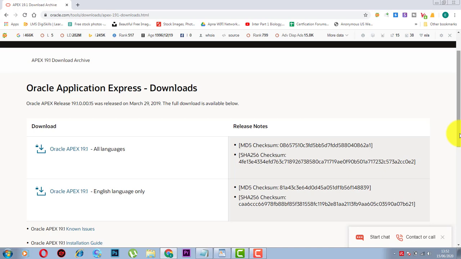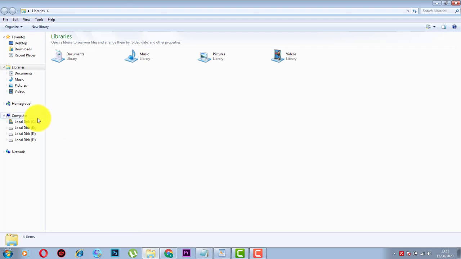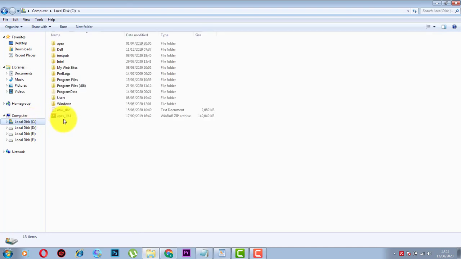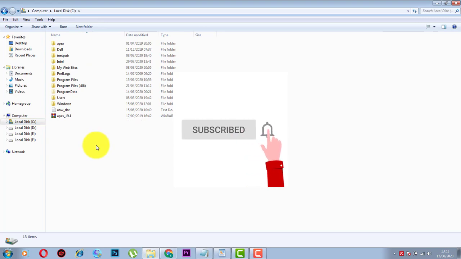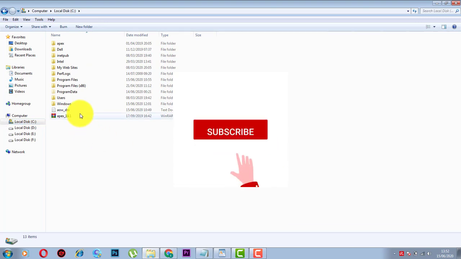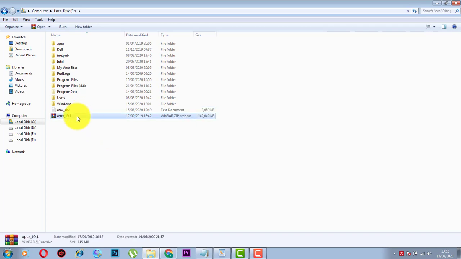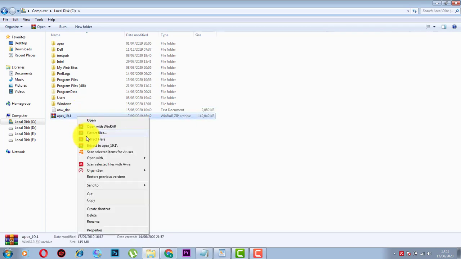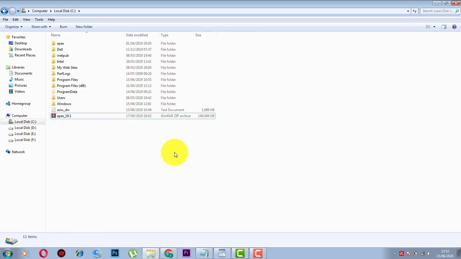I also downloaded Oracle Apex 19.1 all languages. I already downloaded this application here on the C partition. After download, you need to extract it here. Right click, extract here. I already extracted the file.